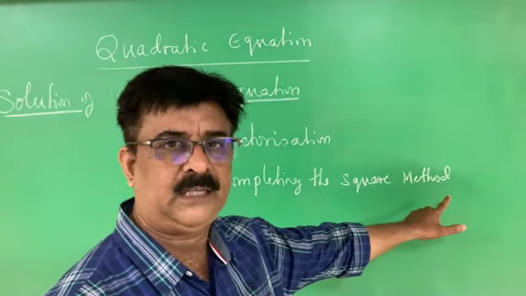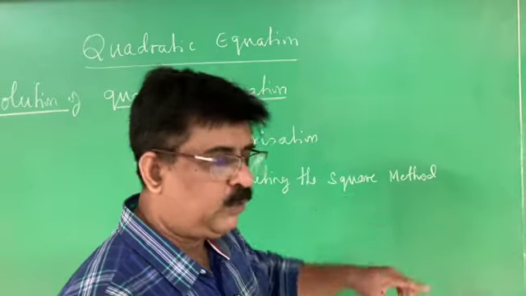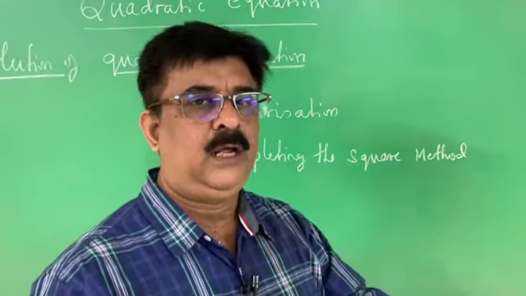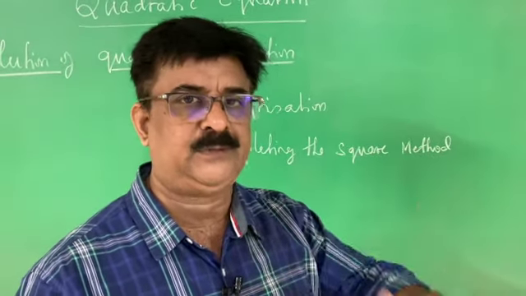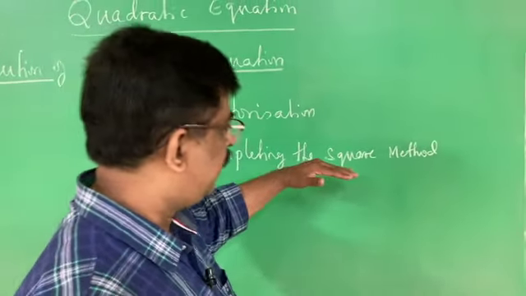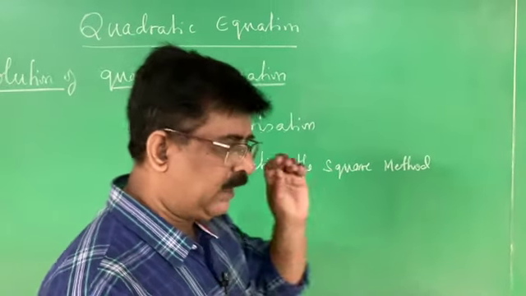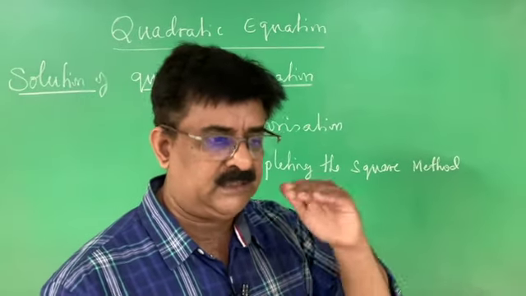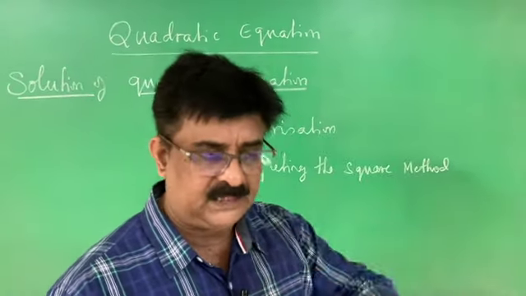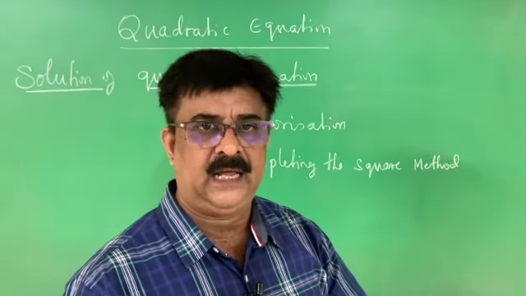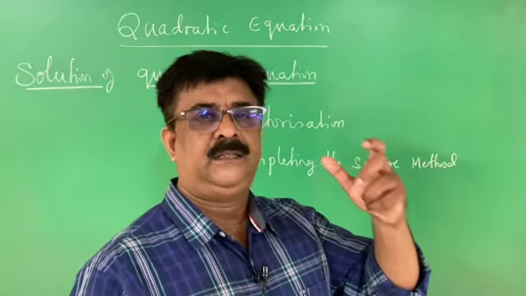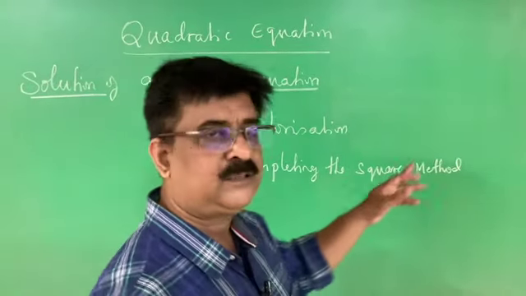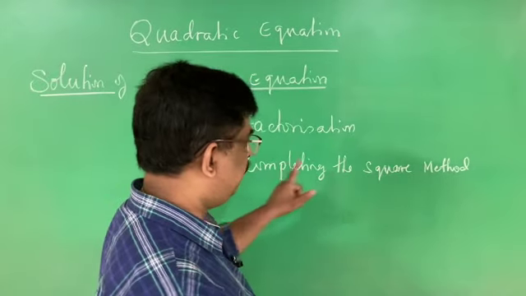this, completing the square method, because I teach you not only for the public examination, I am teaching you for your future. Because you are going to appear for the examination in the first PUC, second PUC, there this method is required, and the completing the square method is a very important, very useful method. Why? Because this method was developed by an Indian, a person from Karnataka, that is Sridharacharya. Sridharacharya developed the formula for the roots of the quadratic equation by the method of completing the square. Therefore, the second method is completing the square method.